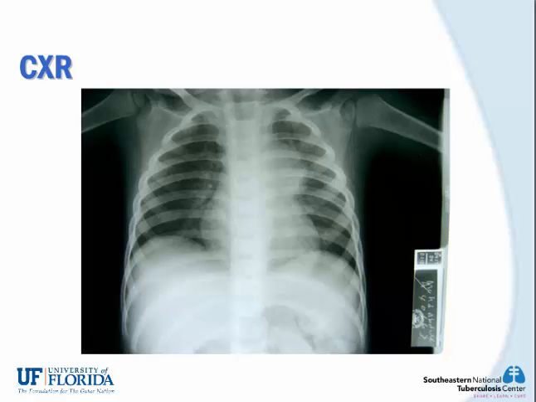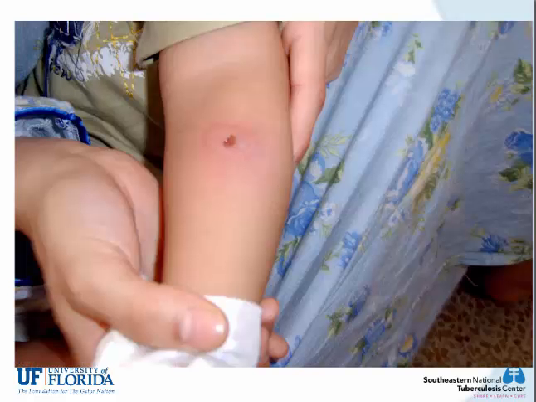So subsequently, TST was done, which showed here the result. And you can see here there is a huge induration, measured probably 22 millimeters, and there is a central ulceration. So that was, in addition to the presentation of that lymph node, highly suspicious whether this lesion is TB or not. The final confirmation came when